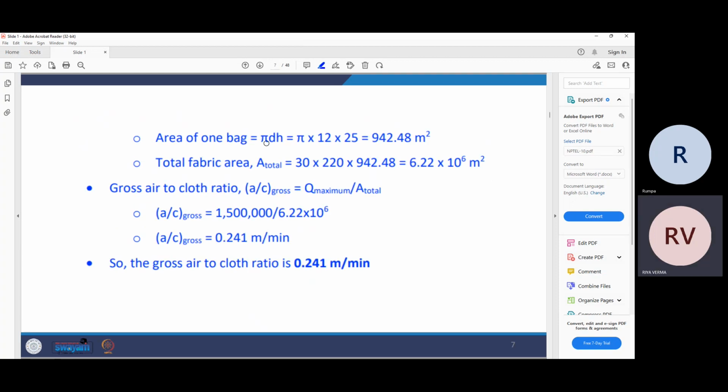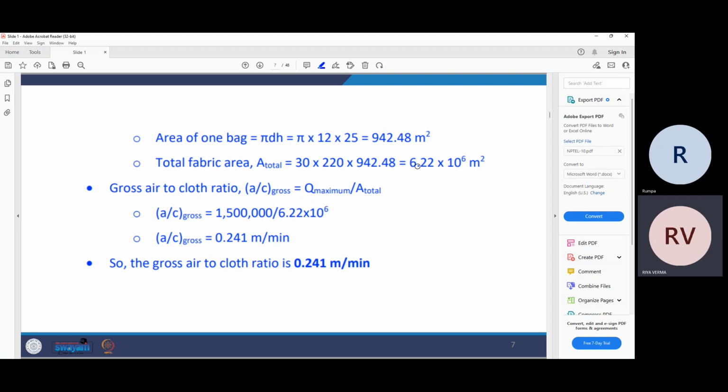So the area of one bag will be pi dh, that is the area of a cylinder. So pi into dia 12 into h 25. So 942.48, this will be the area of one bag. The total number of bags is 30 compartments and 220 bags in each compartment. So that will be 30 multiplied by 220, and the total fabric area will be that multiplied by the area of one bag. Getting this? So the total fabric area will come out to be 6.22 into 10 raised to the power 6